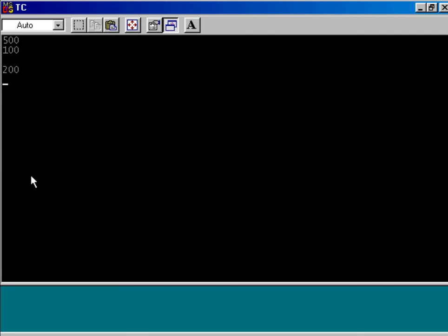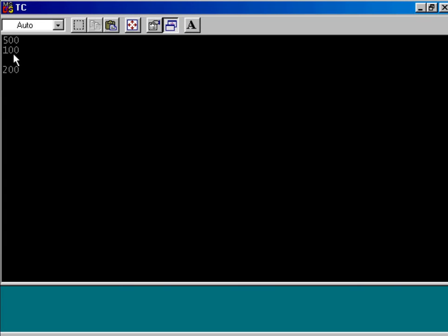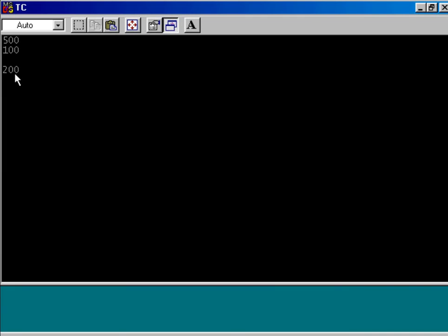See the result at the DOS prompt. 200 is displayed. We have initialized the data member of K2, but the data member of K1 is showing us 200. Can you guess why it is so? Previously it was 100. Now it is showing 200.